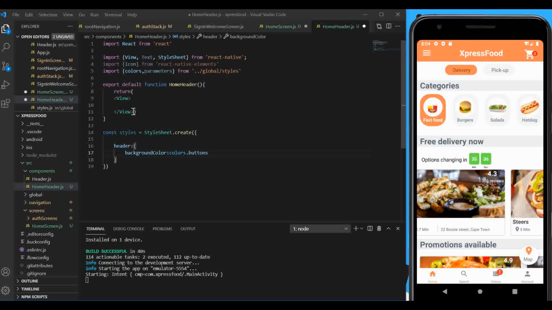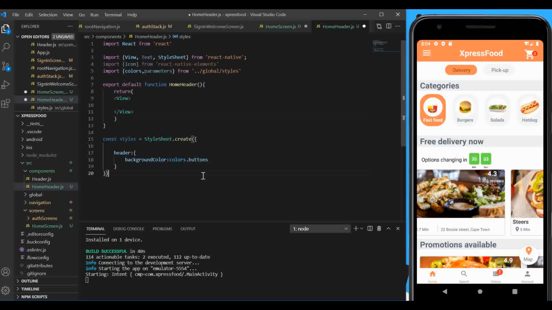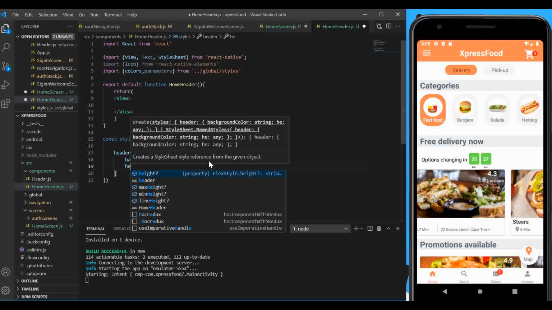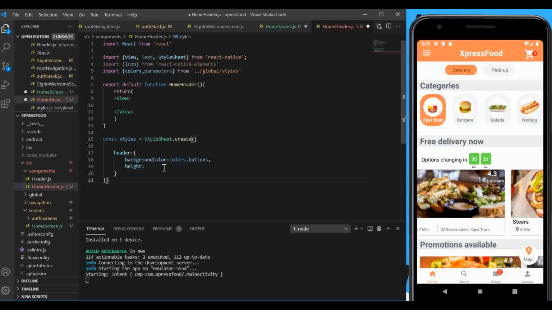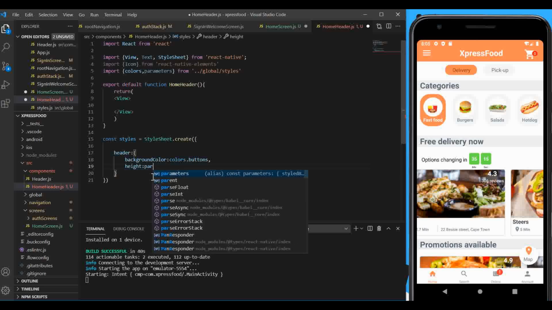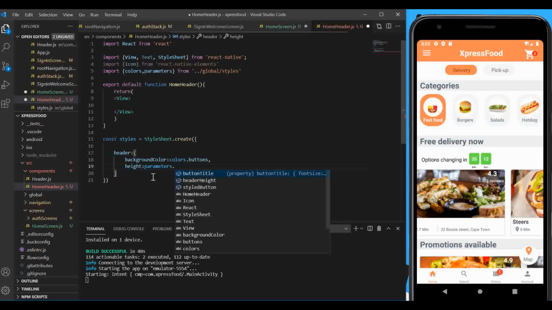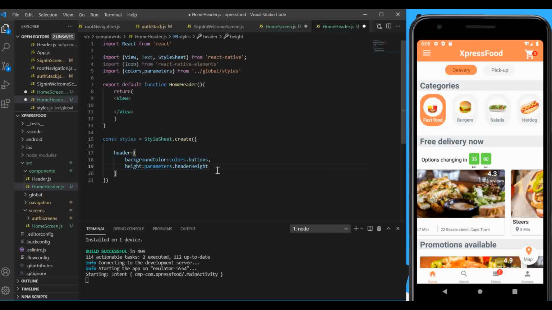and we have also to determine the height, and the height I will say will be equal to parameters dot header height. This should be fine. I think the height will be the same. And now let me pass the